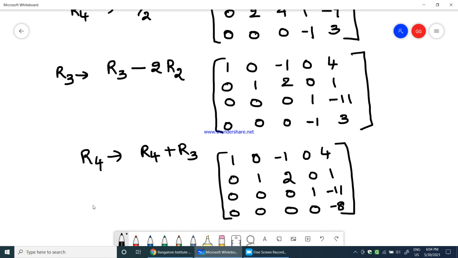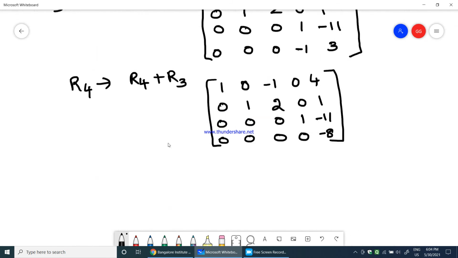Okay, further, if I can see whether I can do it further, if it is possible to work out. I don't think we can try further to eliminate any rows, because this minus 8 whatever we have, you cannot make it 0, because if you end up making this 0, other elements will become non-zero. So therefore this would be the last step in reduction.